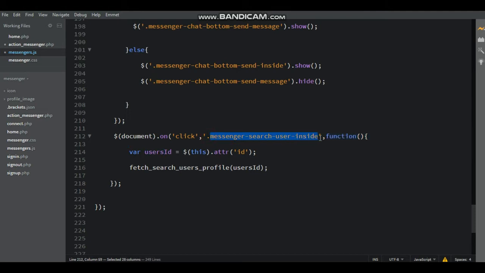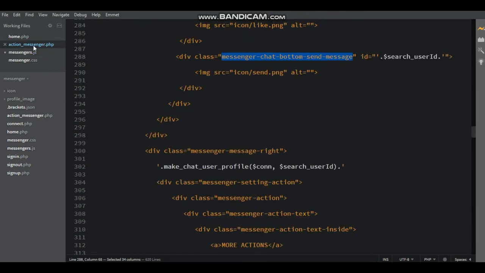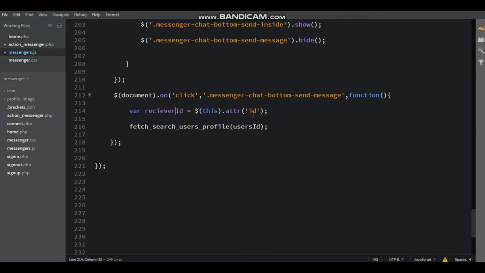Here document on click chat bottom send messages function is click, here variable receiver id equal to dollar, inside this means current id is search users id, here attribute id, close with semicolon.